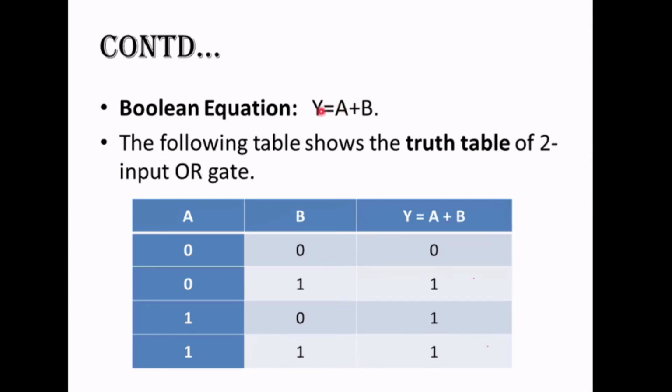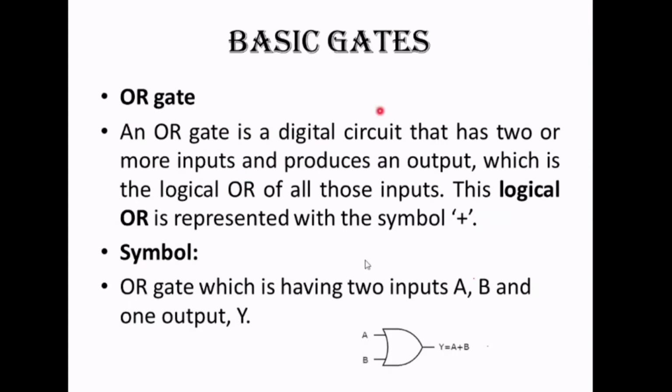So this is y is equal to a plus b. Now, why is this y equal to a plus b? Because you can see over here, the inputs which are given to your logical OR gate are named a and b. You can use any variable name to represent your inputs. It is not necessary that you always use a and b only. You can use any. You can also write p, q.